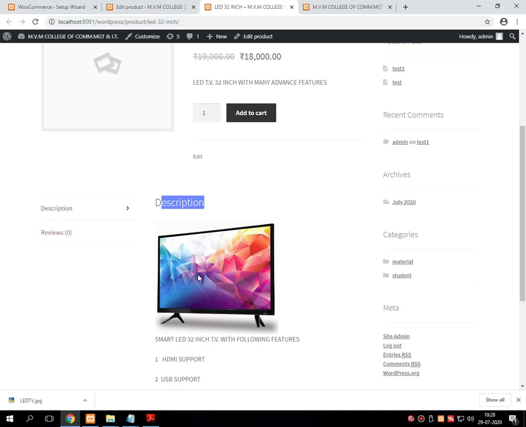Into the description you will see the product photograph over here.